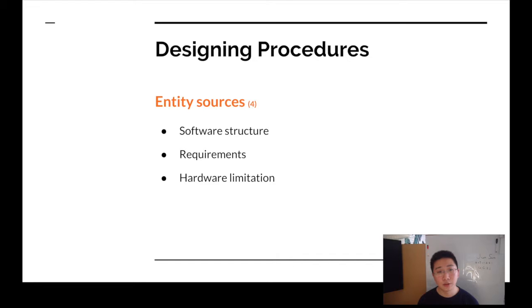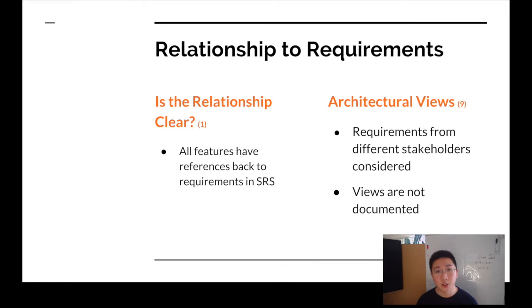We have 3 sources of entities. Most of the software design entities are taken from our software structure, but there's also some directly taken from our software requirement specifications, and there are also entities here for dealing with hardware limitations. Regarding the relationship to requirements, we have every single feature with a referencing back to the SRS requirement entries, so